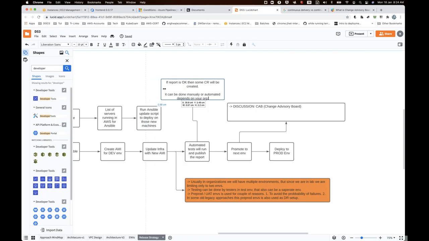Anything is fine. If the report is okay, say the automated tests run and report it, then an automated CR can be created, or it can be done manually also. Anything is okay.